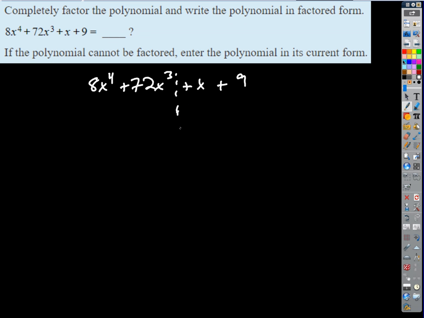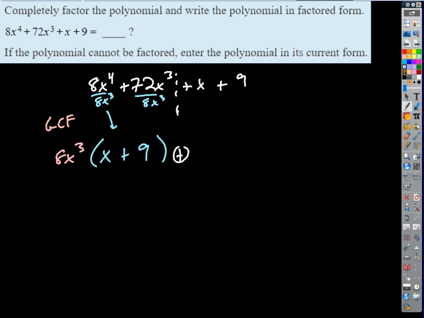First group, what's my greatest common factor? 8x cubed, good. So 8 is the biggest number I can undistribute. They both have variables, but this one's only got an x cubed, so that's the most I can undistribute. So I get 8x cubed for my greatest common factor. Now what's left behind? I'll divide each term by 8x cubed to find out. What's 8x to the fourth divided by 8x cubed? X. Okay, 72x cubed divided by 8x cubed is 9. Good. Okay, so plus,